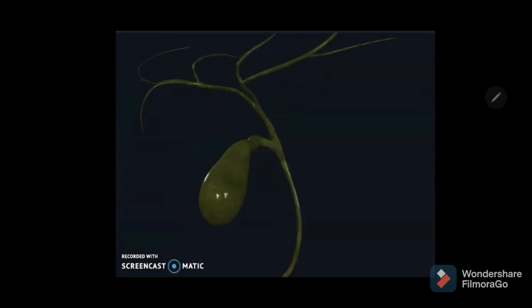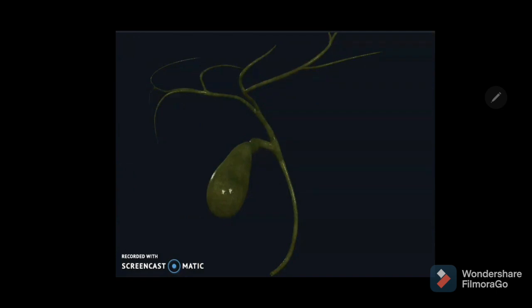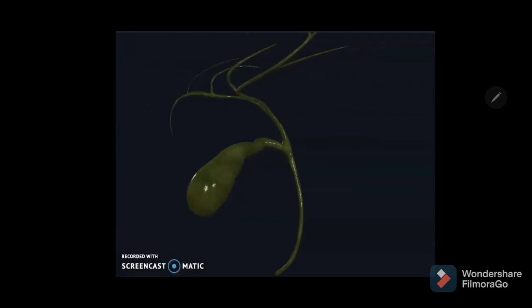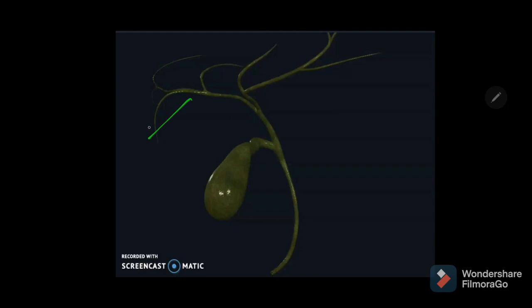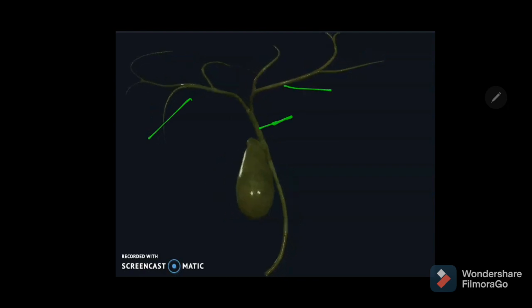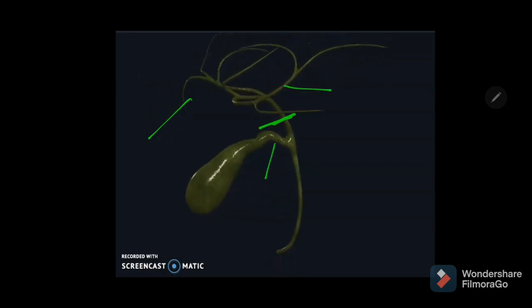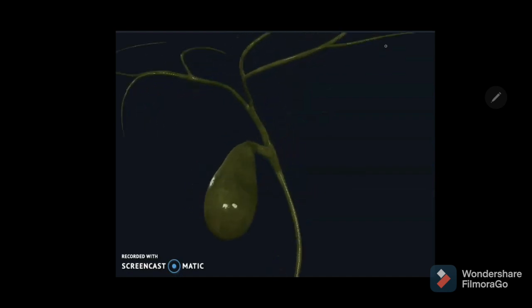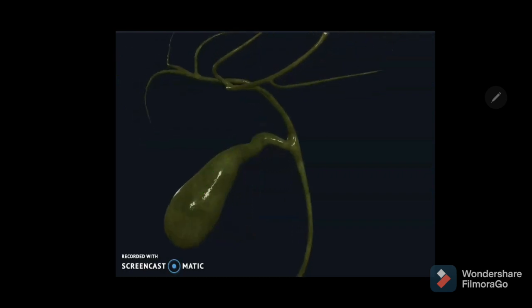And once you observe here, you are seeing the entire hierarchy of the extrahepatic biliary apparatus. You are seeing the right hepatic duct, left hepatic duct. This is the common hepatic duct, cystic duct, and this is the common bile duct. And you can notice the pear-shaped gallbladder, the hollow viscus which concentrates the bile, which is produced by the liver and released during the digestion of fat by the action of the hormone called cholecystokinin.